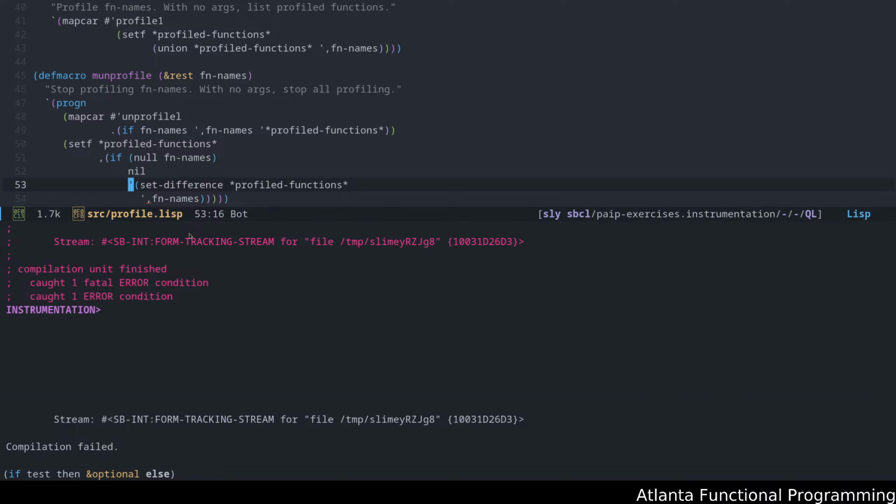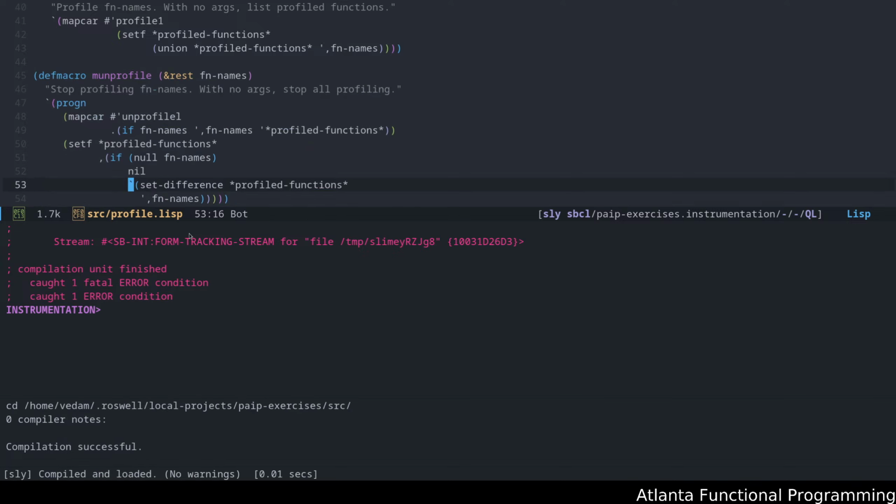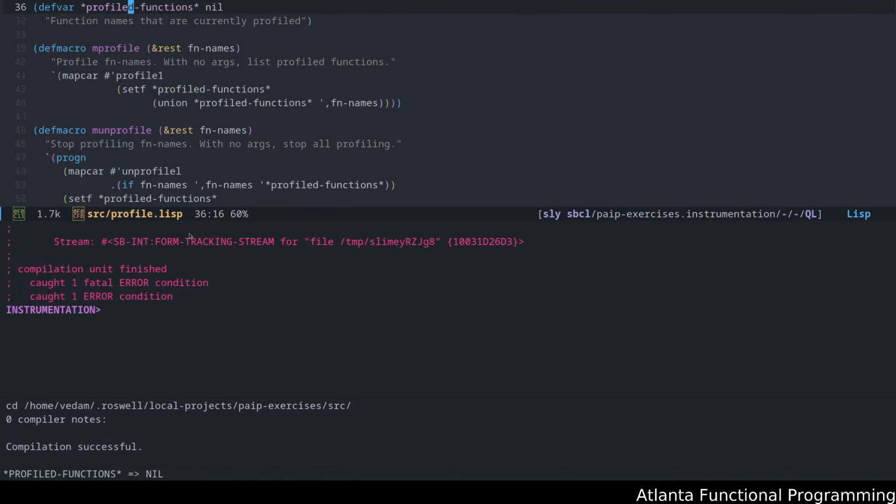All right, so this needs to be, I think, a back quote, and that fixes this issue. So let's go in here.